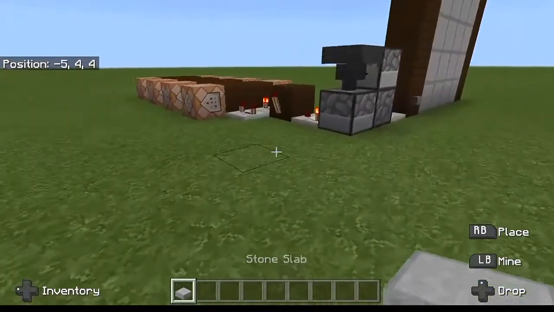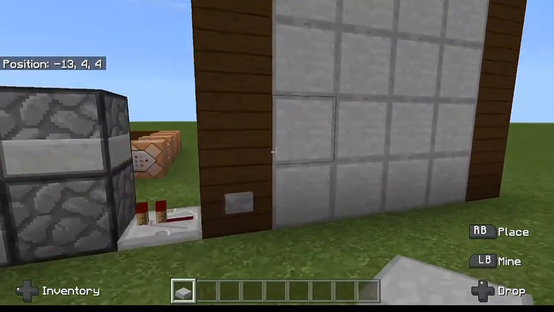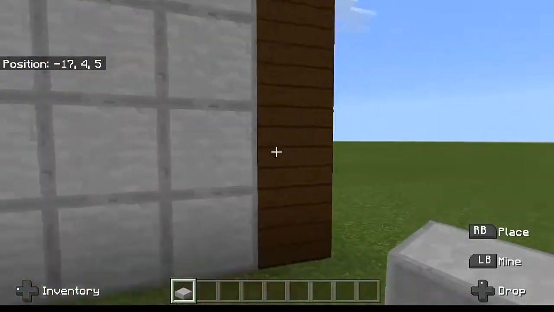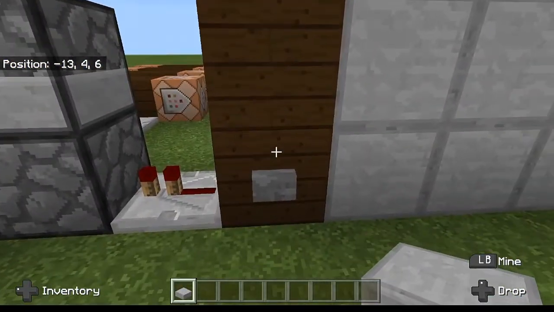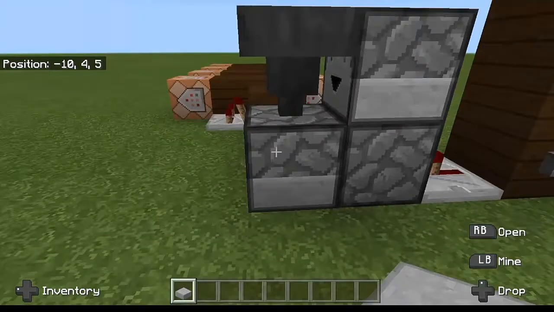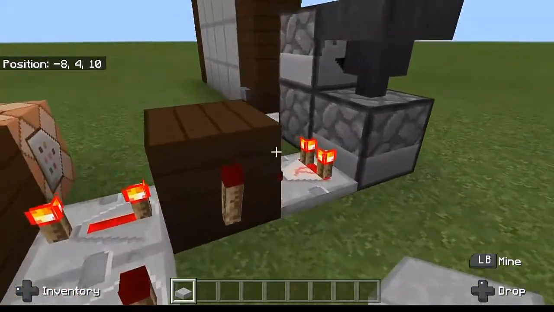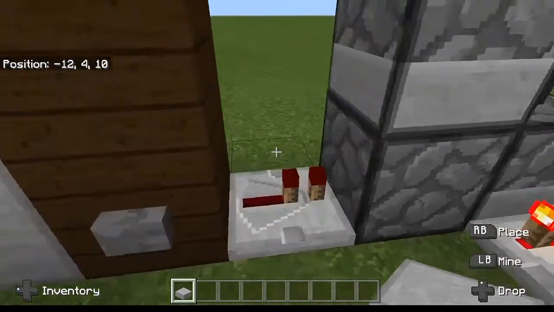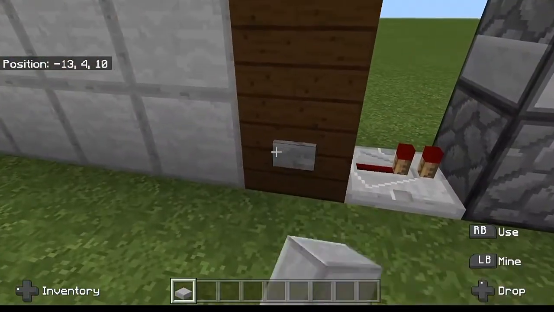Alright, so let's go ahead and get started with actually building the garage door itself. As you can tell, I have this garage door already built, and what you need to do is set up a button to a T flip-flop. This is one of the most basic T flip-flop designs that you can have. This is known as a hopper dropper T flip-flop, and the way it works is if I press this button,